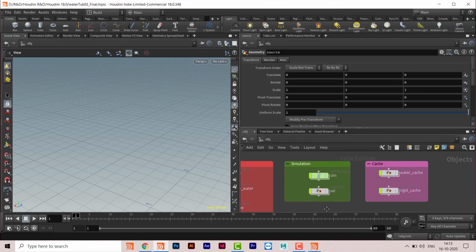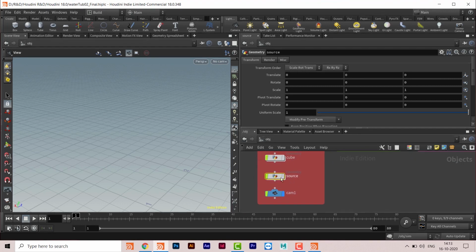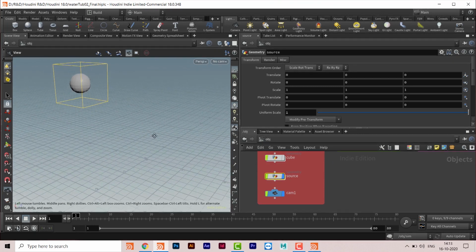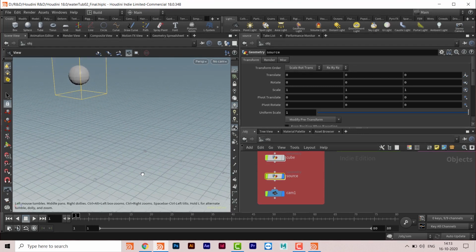Okay, so source. So this is a source. So there are two sources actually. One is the tap, and water is already filled there. And the other is this source, which is like a tap, or maybe it could be any kind of nala or what else. And through that pipe, this kind of water is coming. So this is the source.